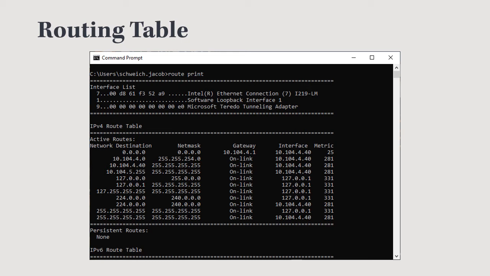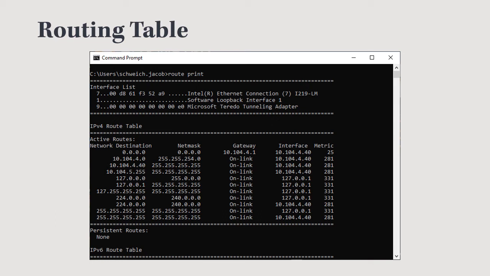And so basically what we're saying is, if you don't know where to send this, you're going to send it out here. And of course, if we look at the gateway, it's 10.104.4.1, and that is our default gateway. And then we see the metric for that is 25, and so that direct route is always going to be better. And then we see here there's just various other